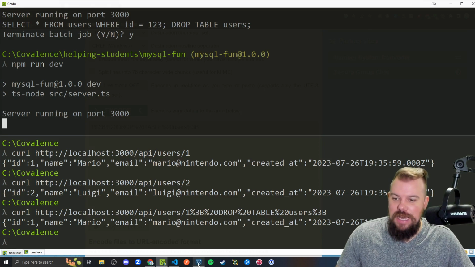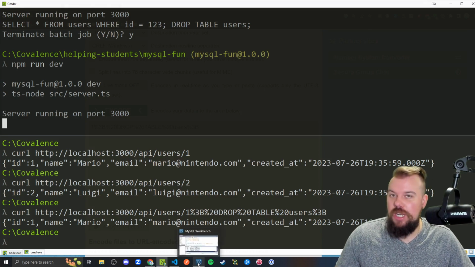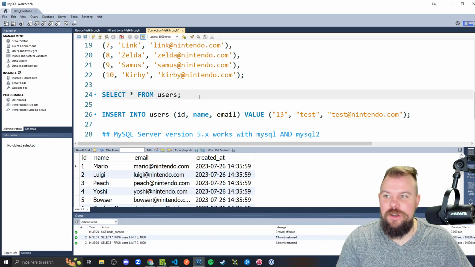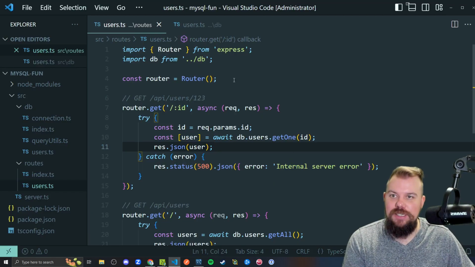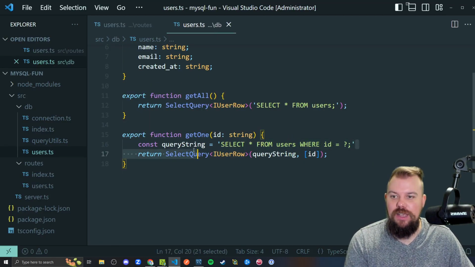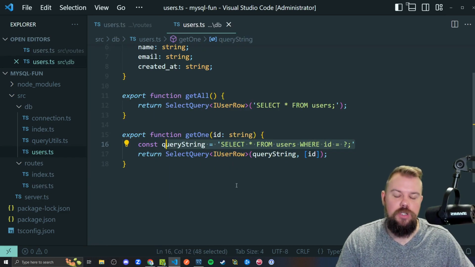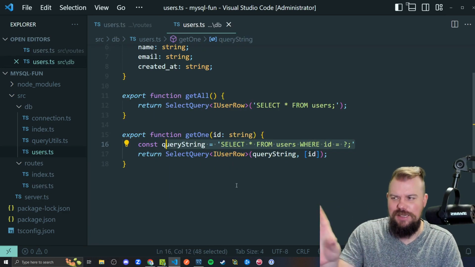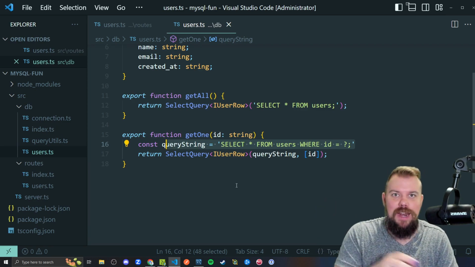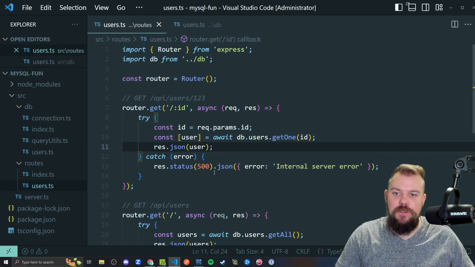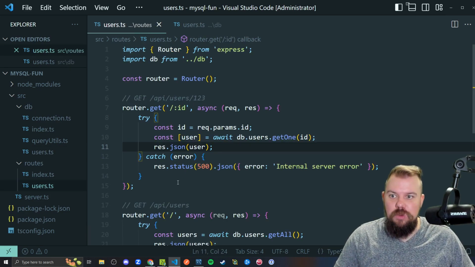Let's go over to my database over here. I'm going to open MySQL Workbench. I have it open already, so if y'all need to open it and test it yourselves, go for it. But select star from users, and nothing got dropped. So the malicious code was not executed because we escaped it properly, and then the MySQL protocol parameterized it and sent it over to the database. The database is like, this is SQL code, I'm not running that, I'm just taking the value itself. And voila! We have prevented ourselves from destroying a database or selecting all users